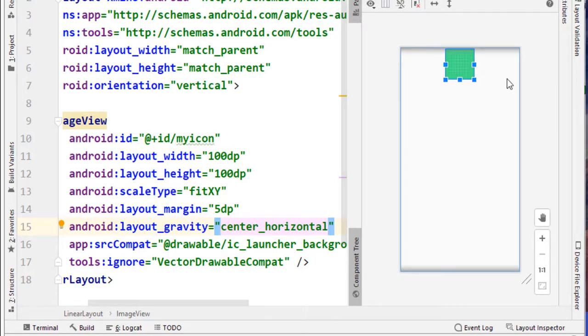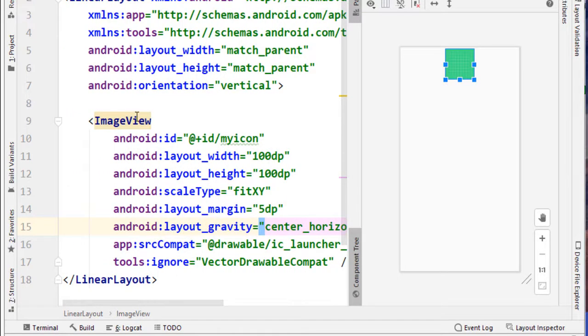You can see here. So these are the different properties that I selected in ImageView. The name of the property is my icon, 100 height, 100 width, scale type is fitXY, margin is 5 dp, gravity is center horizontal, and other parts will be displayed here by default.